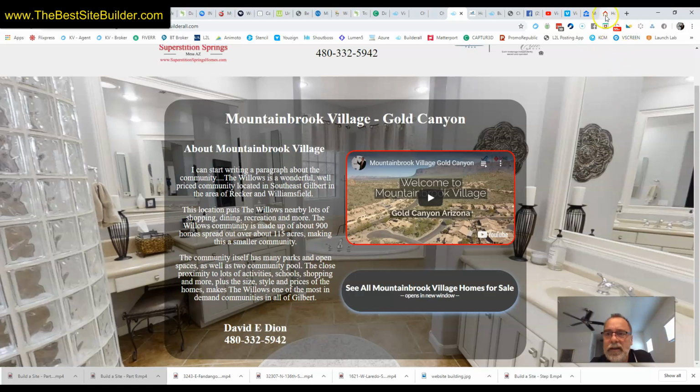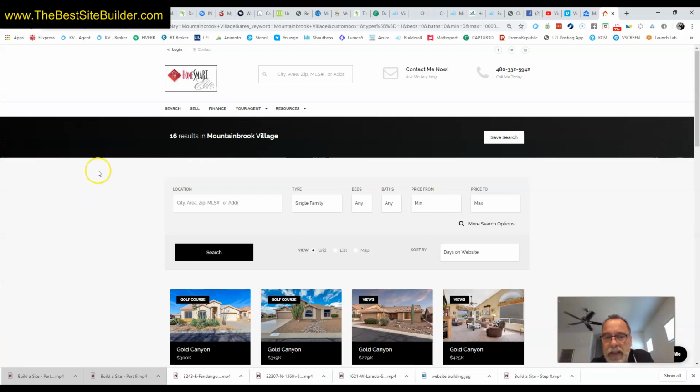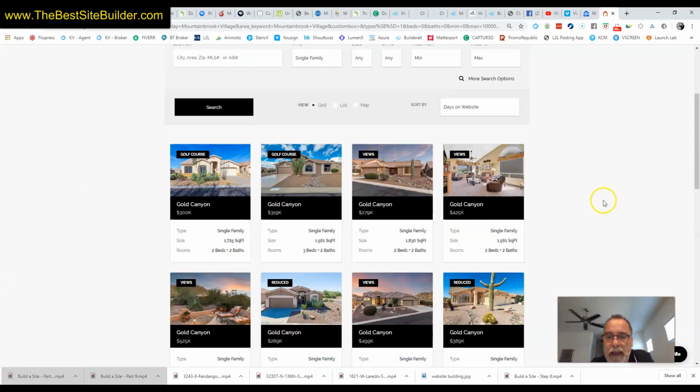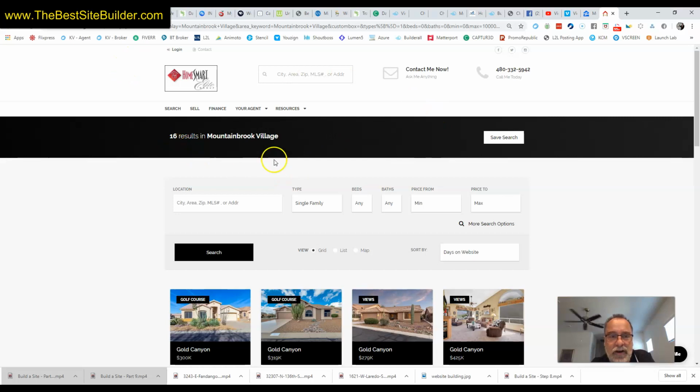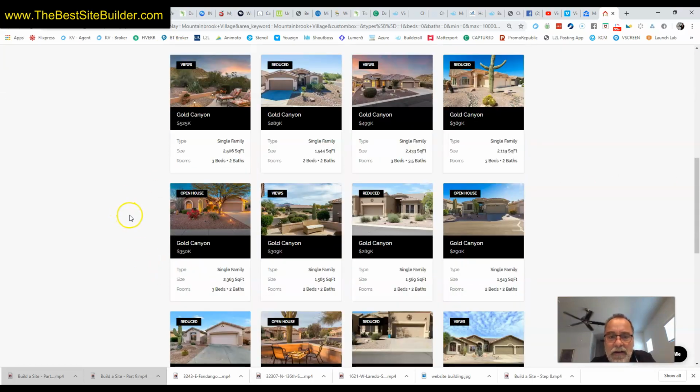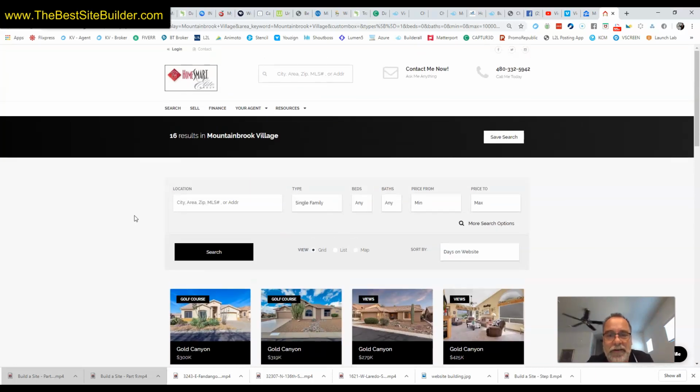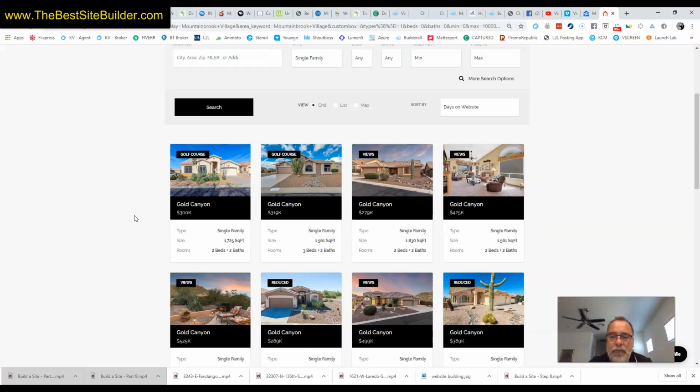So one of the tools I use is a tool called Conversion. And what I just did here is I did a search for all homes for sale in Mountain Brook Village, meaning this is an IDX enabled real estate website. IDX stands for Internet Data Exchange, but what it really means is all the homes in the MLS are on this website, okay? This is a pricey tool by real estate standards, but I just want you to think